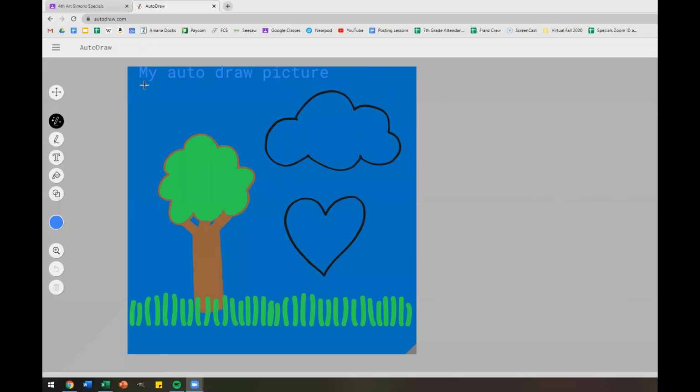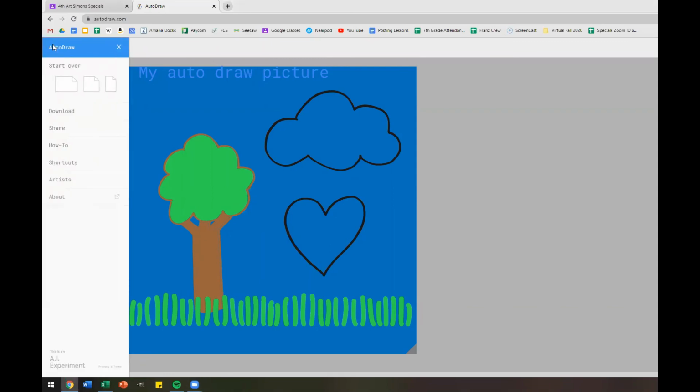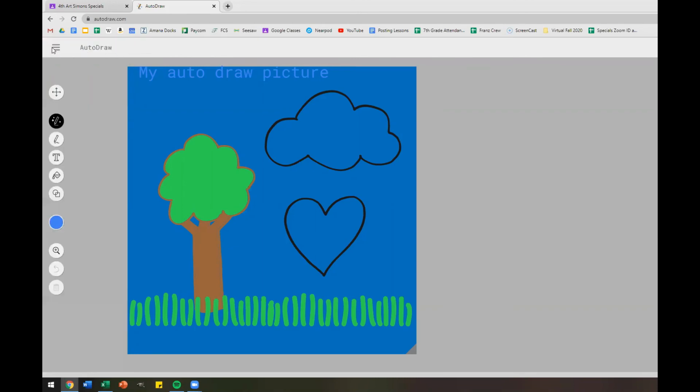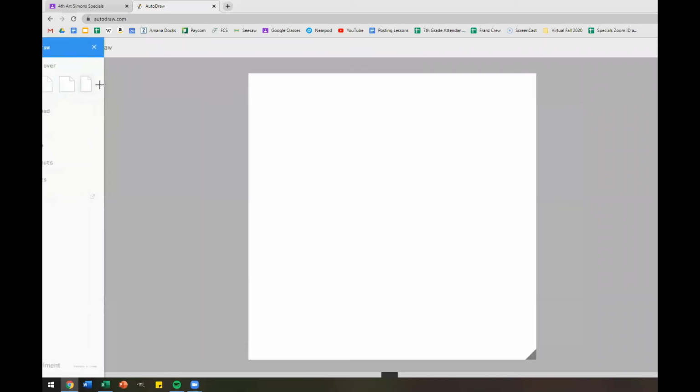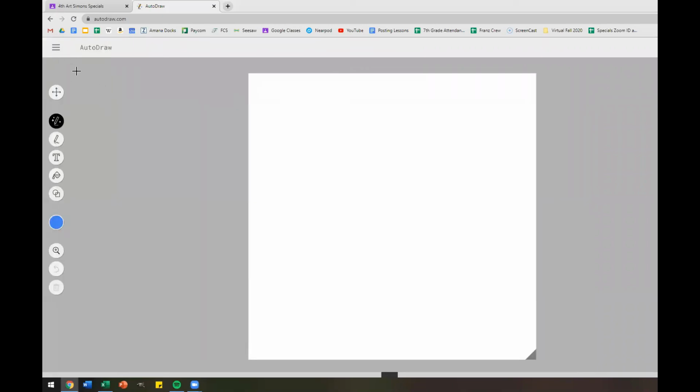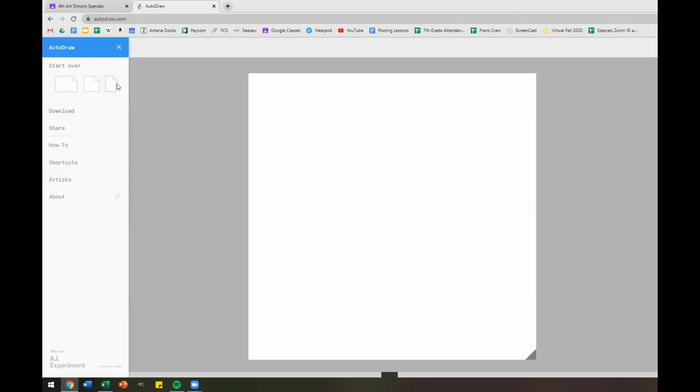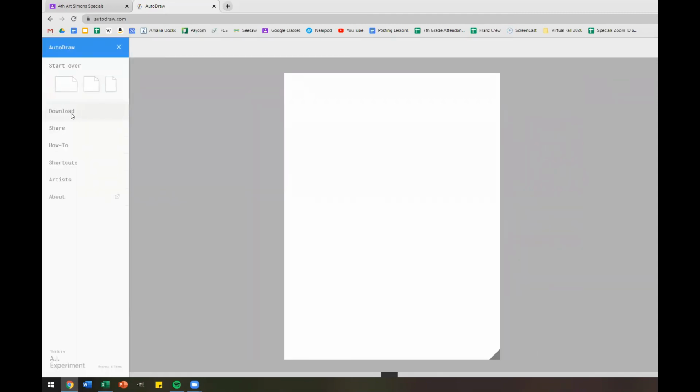And I realized I need to show you something else. So let me share with you guys just for a moment again. All right, so when you look up here, somebody asked me, you need to go to the top left corner, there's 3 lines. This is where you can find different sheets, different pieces of paper, different sizes, but it's also where you can download your picture.